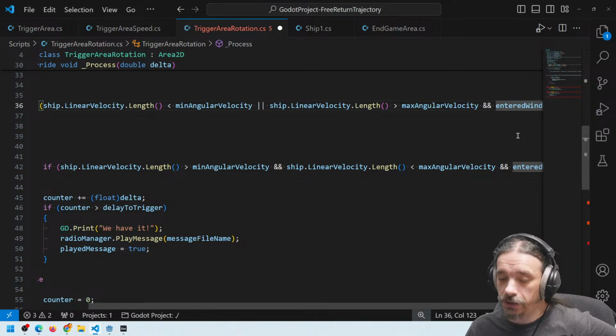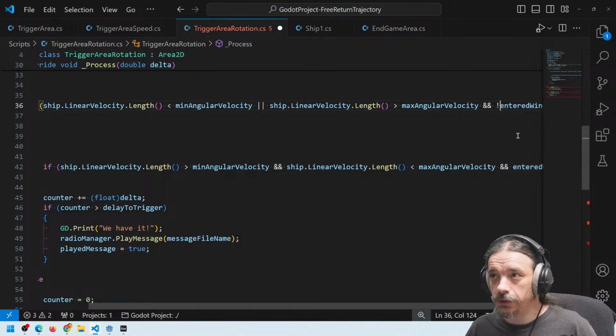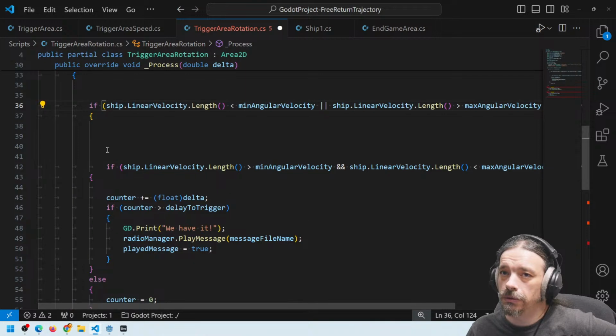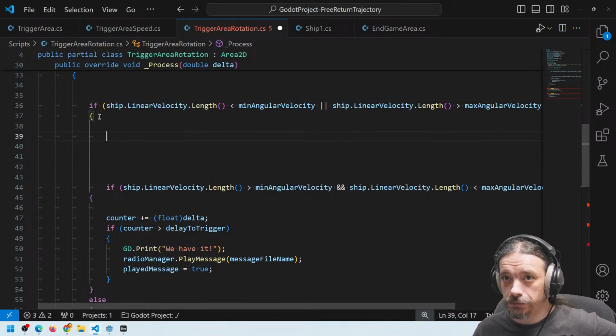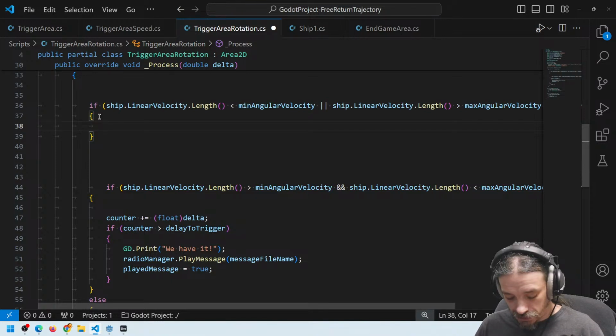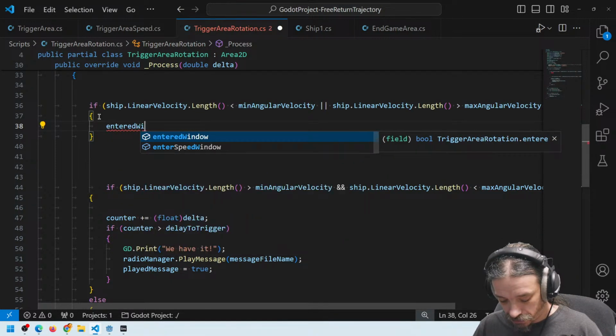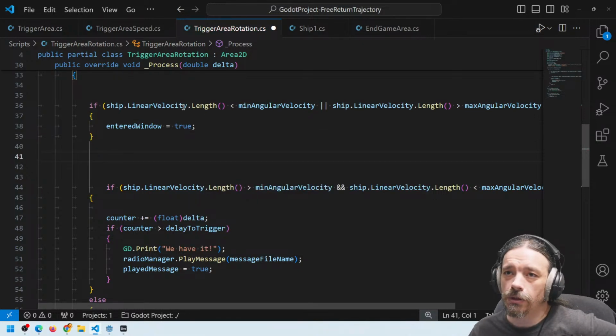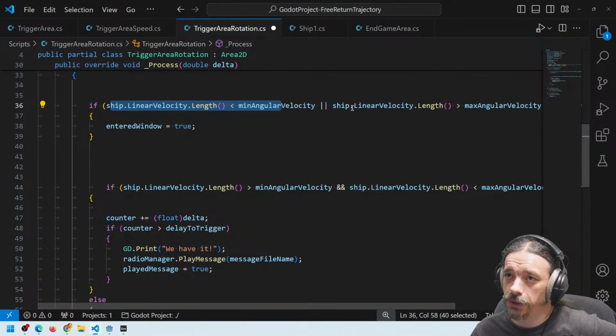And we never entered the window. We enter the window. So entered window equals true. So if we are rotating below the minimum or above the maximum,